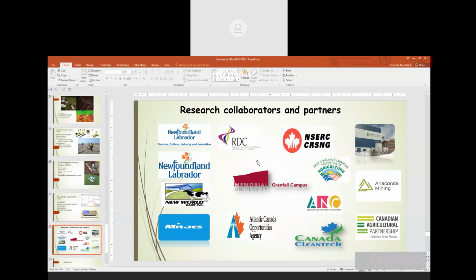We are finding the money from them, supporting our grad students and the research projects. So they are really very helpful. If we don't have these collaborators, it will be difficult to do any kind of research. So that not only supports the grad students, but also the research projects as well. Whatever money we are getting, we are getting from the generous support of these funding agencies.